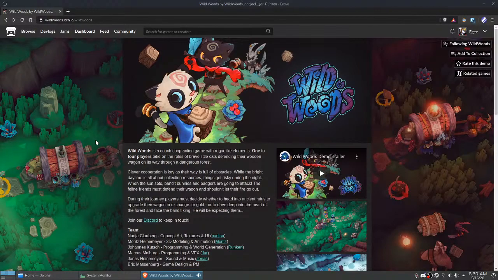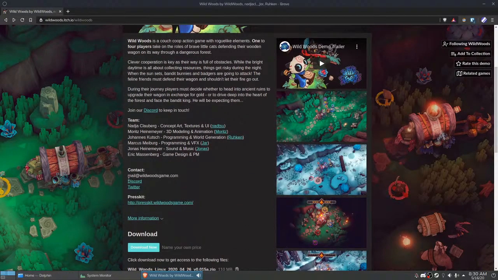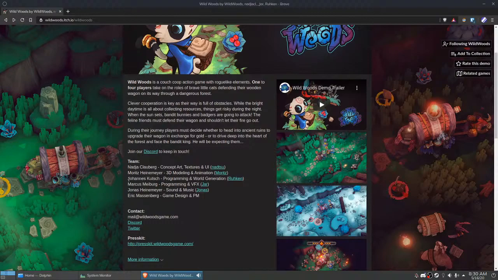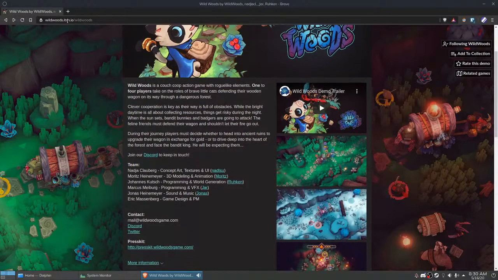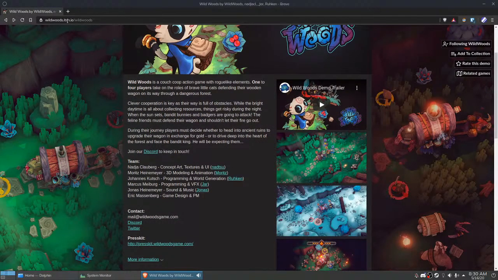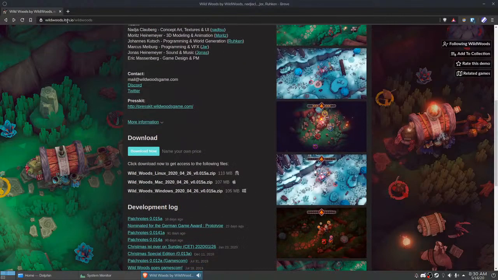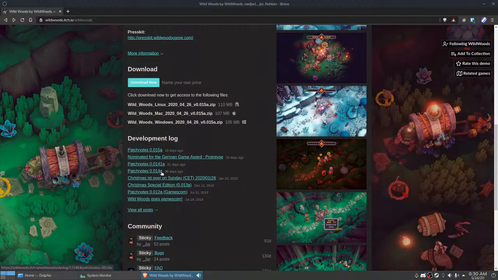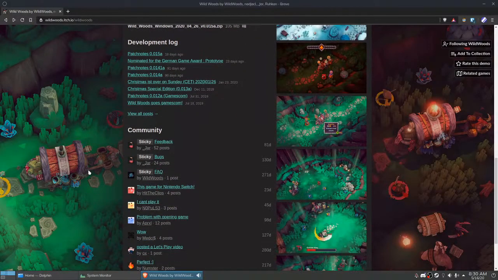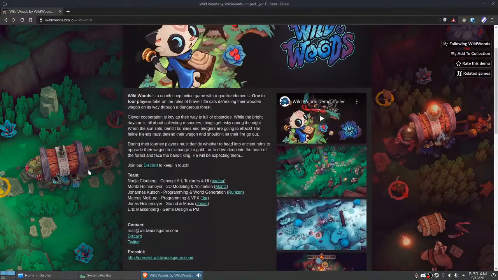Okay, so this is Wildwoods, and it's kind of like... I'm not going to try to explain it actually. It's a really cool game, and it's on itch, and the developers have a Discord. It's written in Unity, and it's in alpha, but it's really polished, and it's a lot of fun, and that's what we're going to play.